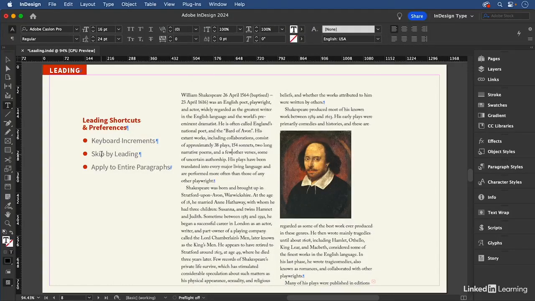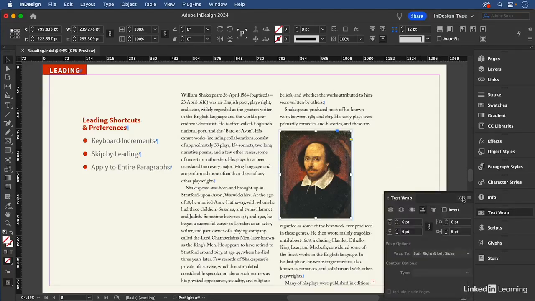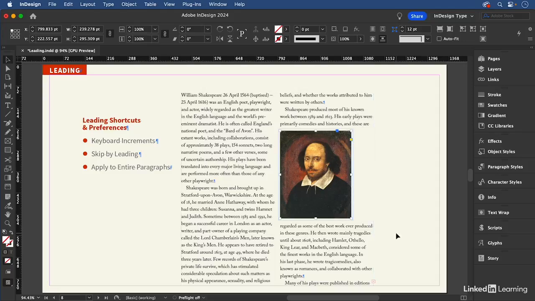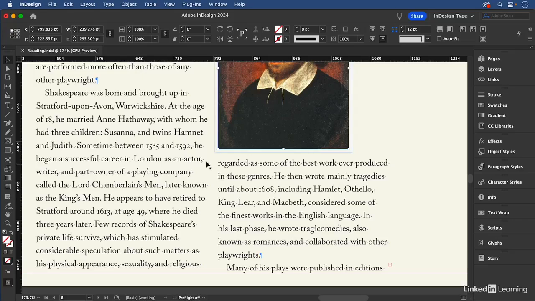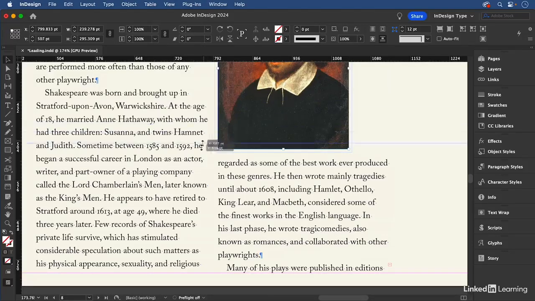A couple of preferences that relate to leading. Skip by leading. In this particular scenario, we have an image to which is applied a text wrap, and it is that text wrap that is forcing the text to jump the image. But when the text resumes, we see that it's out of sync in terms of its baseline with the text in column 1. Let's just draw down a guide right there, and we can see that the baselines are not